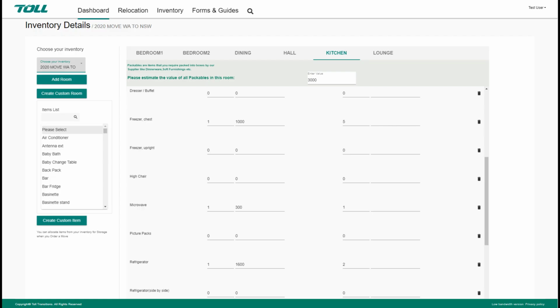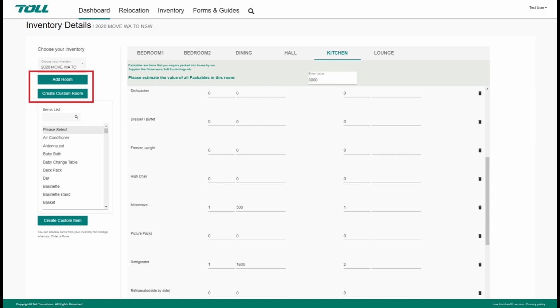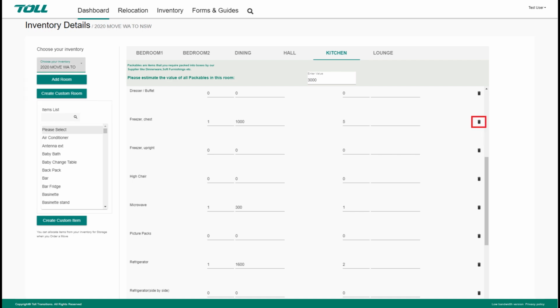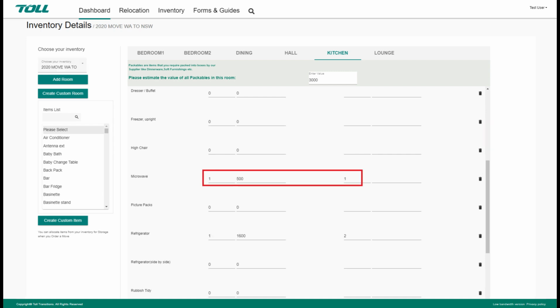It is important that you review all rooms in the inventory and edit as required. To add additional rooms, use the Add Room or Create Custom Room buttons located on the left-hand side. If you no longer have items, please delete them. To do this, simply click on the trash can icon on the right side of the item. If you have replaced the item with a newer one, simply overwrite the details, paying particular attention to the value